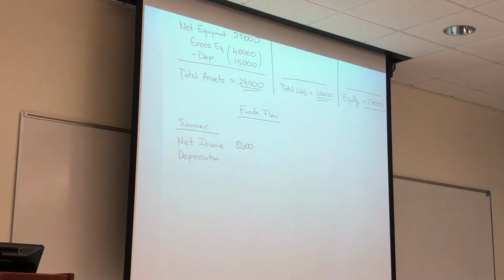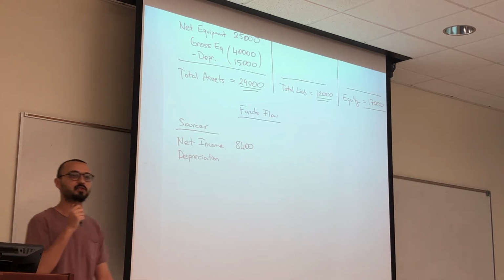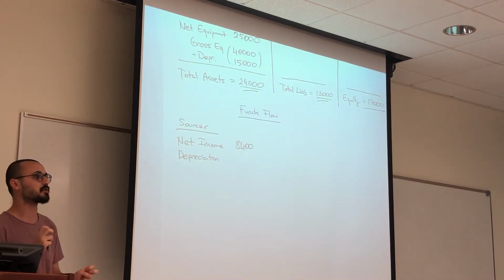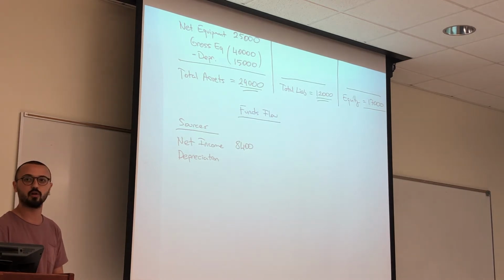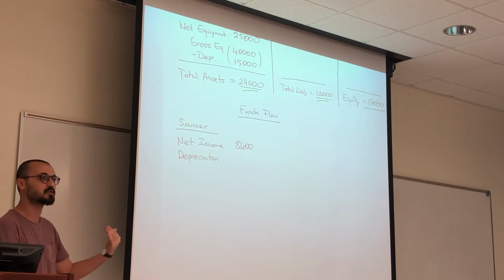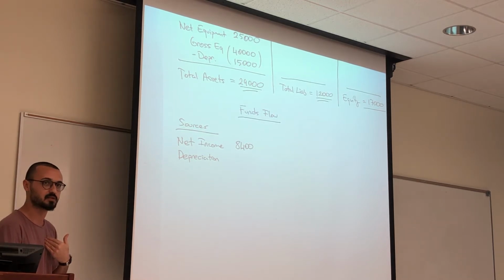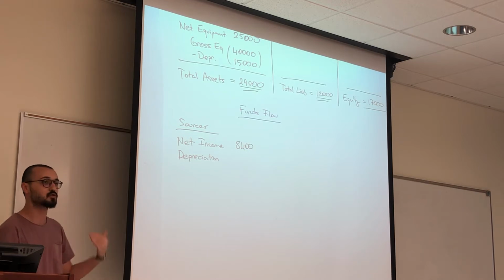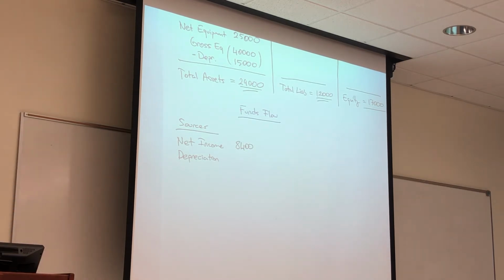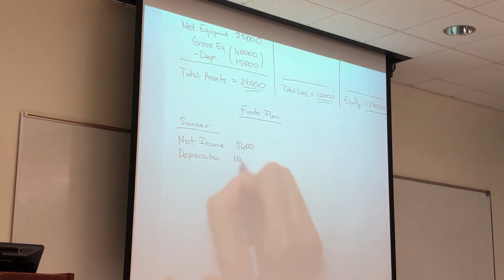You may say, hey, depreciation makes our stuff old. How is that a source of income? You're right. It makes our stuff old, but that's an implicit cost. We say that it makes our stuff old, but we don't take the money out of the desk, right? So we just show it as a cost so that we can save on the taxes. That's how finance works. So that creates a source of income for us. Yes. But we're not going to use the accumulated depreciation. We're going to use the depreciation of this year that's given to us. And then we have the...